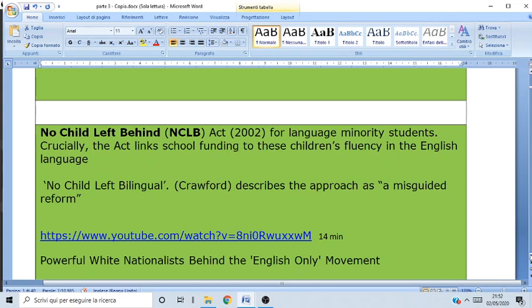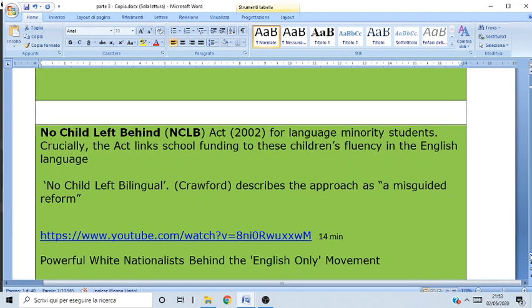Going to more recent years, after the 2000s, one of the programs that has been implemented is the No Child Left Behind Act, the NCLB, that targets language minority students. They try to reinforce their usage of the English language and integrate them in American culture. The purpose seems to be a good one, so that these children do not feel lost,